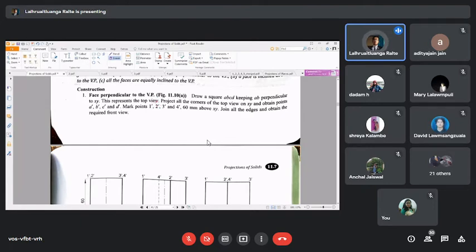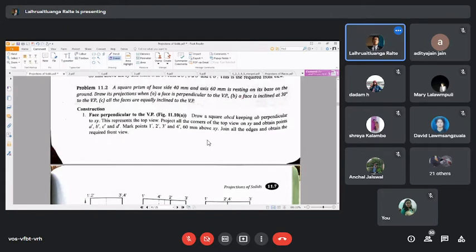So here we have a condition that says that a face is inclined at 30 degree to the VP. And normally, when we say a face, we tend to not think of it as the base. So when we say a face, we eliminate the base. We only think of the other sides. So basically, when we have a square prism,